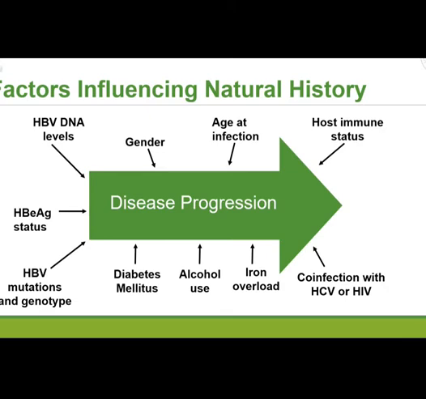comorbidities like diabetes mellitus. Habit of using alcohol. You must remember that alcohol is metabolized in the liver. So if you are taking alcohol, it is going to be metabolized in the liver at the expense of your hepatocytes. If there is an iron overload, it can also damage the liver. Age of infection, as the previous slide has shown, gender. Male are more prone to develop chronic hepatitis as compared to the female. And then the immune response and some co-infections, like if patient has got other viral infections, definitely the treatment is difficult.